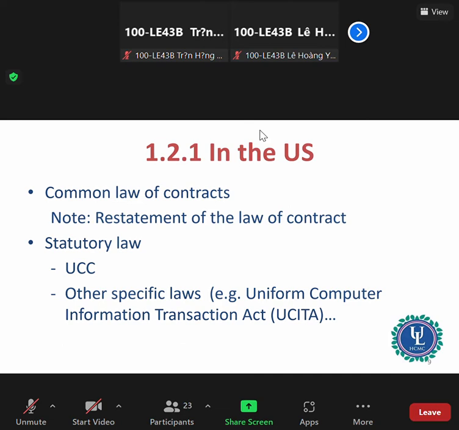Right, and even though, as I mentioned previously, common law doctrines and principles govern only areas that are not covered by statutory or administrative law, right? However, even an area that's governed by the statutory law